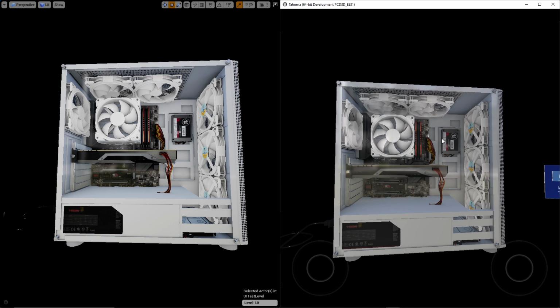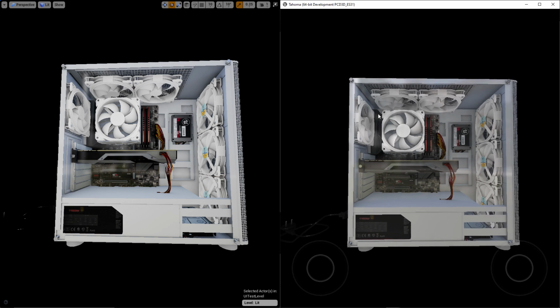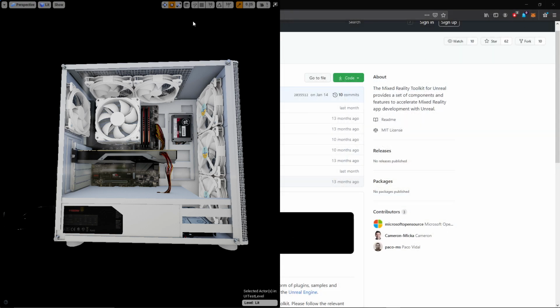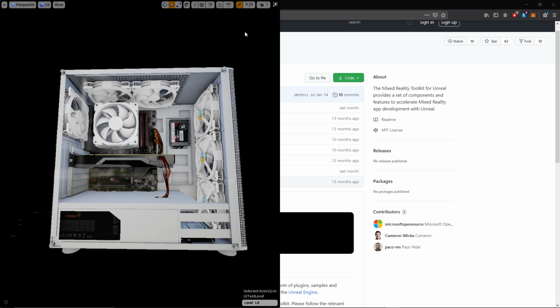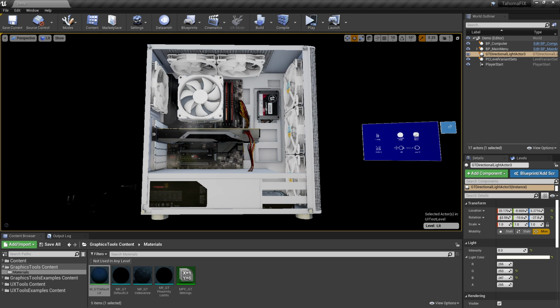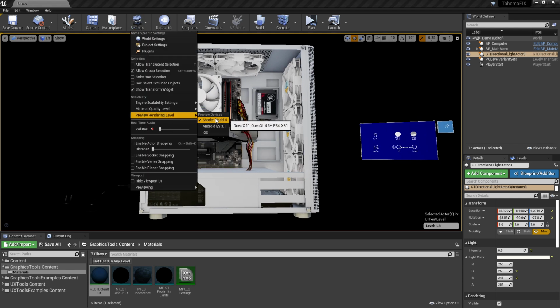So when we're doing look development, we want to get the editor to match up with what's going on inside of the mobile device or the HoloLens 2 so that we can make informed decisions, right? So how do we get around this problem? Well, it's actually pretty easy and straightforward. Let's exit out of that and zoom this back to full screen. We're going to go over to our settings and switch our render level from Shader Model 5 over to Android.